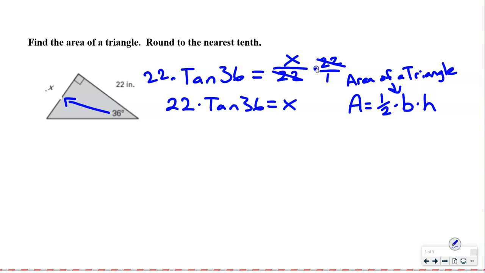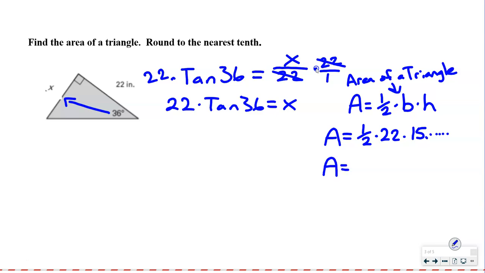Doesn't matter which, but it's one of those. So we can just keep that in our calculator, multiply that by 1/2 and our other leg, so 22. So if I would have area equals 1/2 times 22 times my 15 point whatever numbers after that, I should get, for an area,